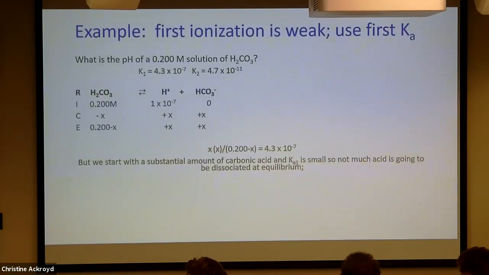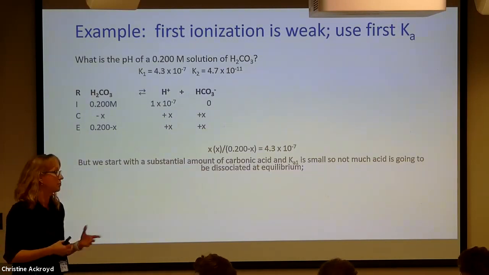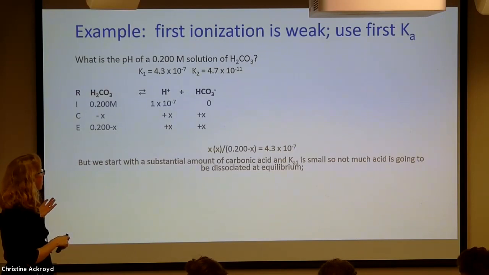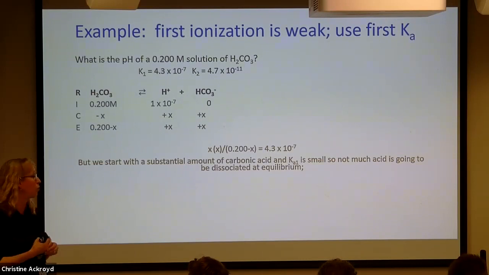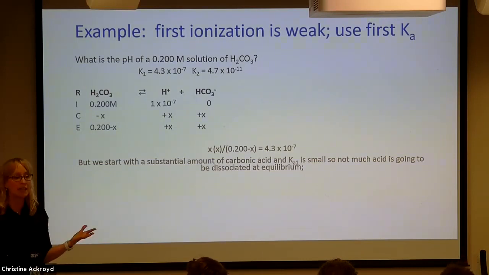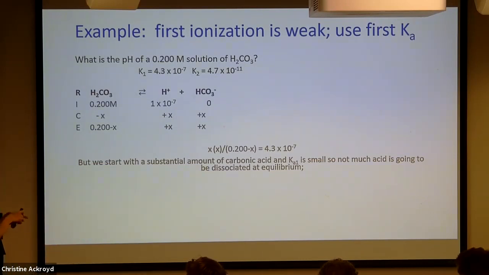Here, let me show it to you. Hydrogen carbonate. K value is small. There's 2 protons. Each of the protons has a K value, Ka1 and Ka2. The first ionization, if you mix it with water, what's going to happen is the carbonic acid is going to form H3O+ and the conjugate base, right?